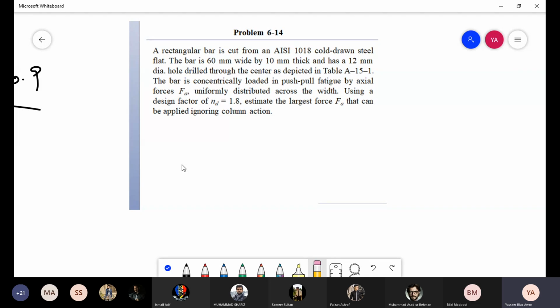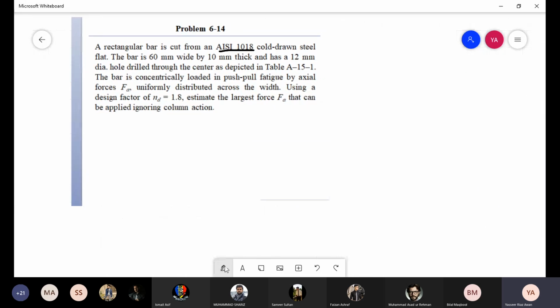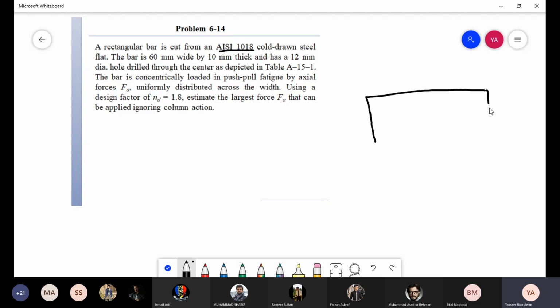So in this problem, we have a rectangular bar that is cut from AISI 1018 steel flat. The bar is 60 millimeter wide. So if I draw the figure as well, you have a bar that is 60 millimeter wide,